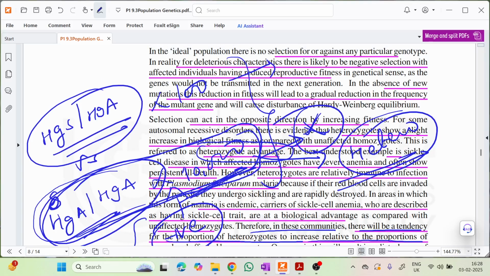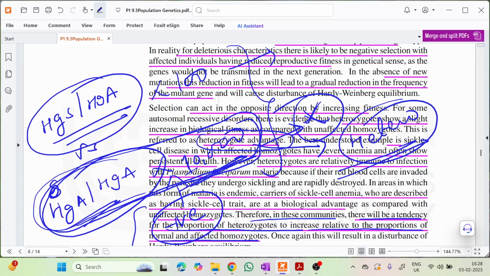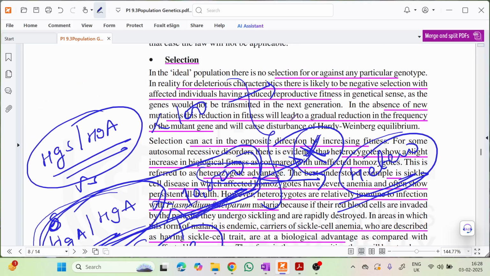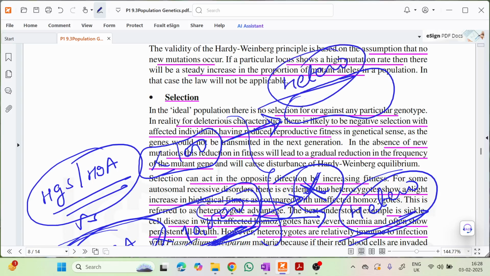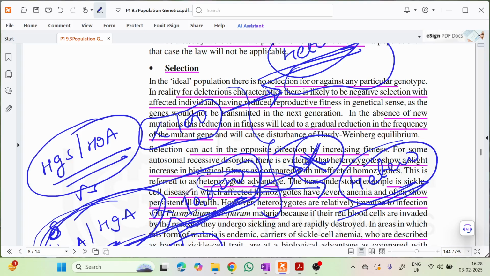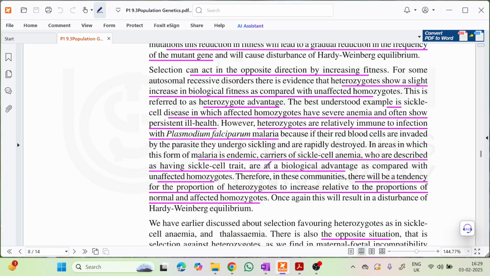Other than that, certain individuals who have derived both homozygote recessive alleles are not likely to live much longer. But the heterozygote ones, even if they are 100, will live up to a good age in a healthy way and are likely to pass their heterozygous gene into the future with greater frequency. So in the coming generations, heterozygotes will be selected, will be at an advantageous position, and these deleterious genes will be eliminated.